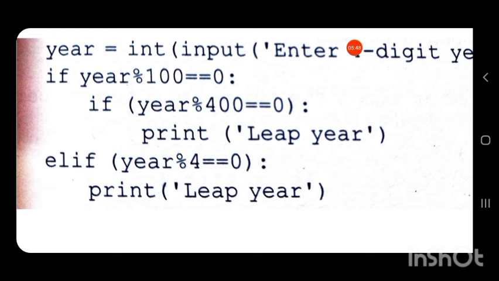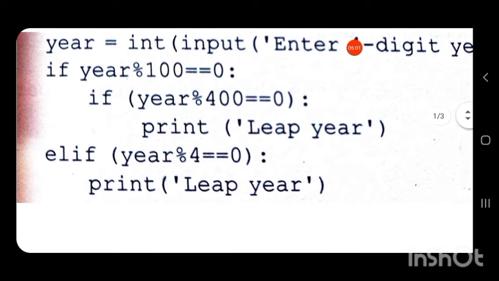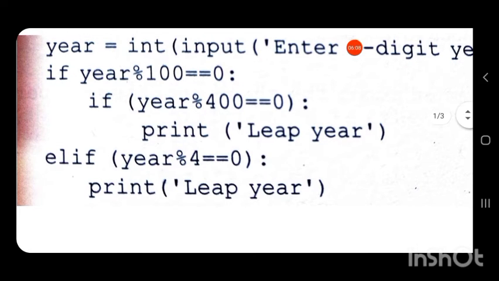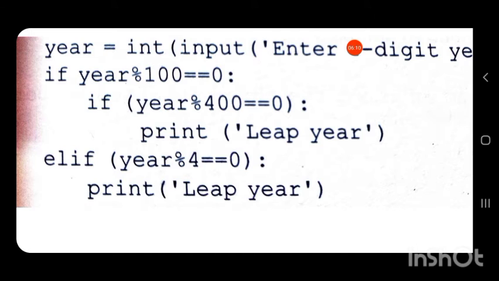Again, if year mod 100 equal to 0 is false, then it will go directly to the elif statement, that is, elif year mod 4 equal to 0. If any year divided by 4 gives remainder 0, then it is a leap year.